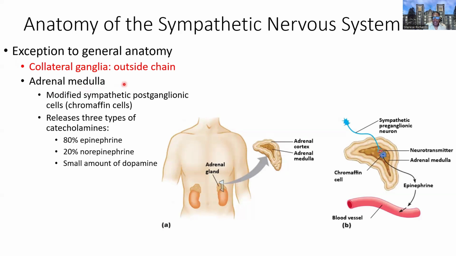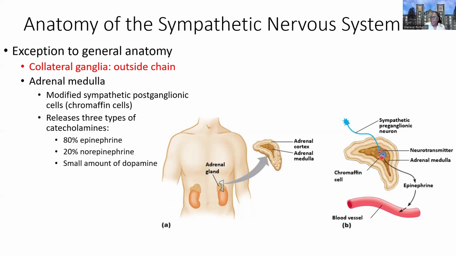Now, the way that the adrenal medulla behaves is very interesting. It acts like a modified postganglionic neuron, but it's really a cell. It's a cell that's found in the center of the gland. So if you look at our adrenal glands, they're located on top of the kidneys. We have two of them, they're found bilaterally. Now, if you look more closely at the gland, at a cross section, there's an outer cortex and an inner darker staining medulla. Within the medulla, we'll find these chromaffin cells. And the chromaffin cells is where some of these sympathetic preganglionic neurons will synapse.